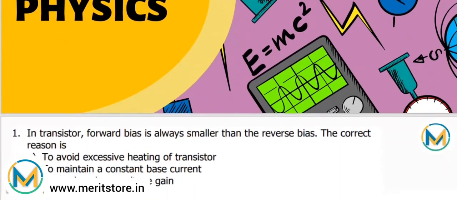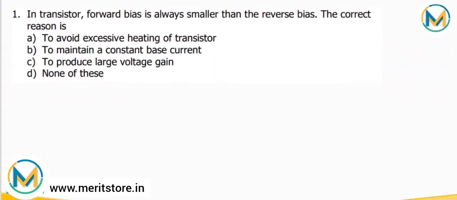First question. In transistor, forward bias is always smaller than the reverse bias. The correct reason is to avoid the excessive heating of transistor, or to maintain a constant base current, or to